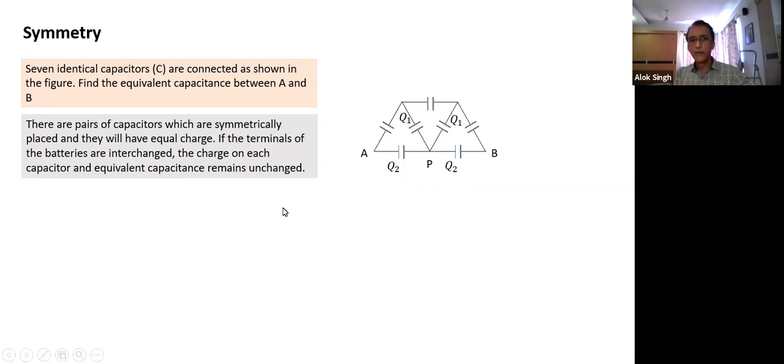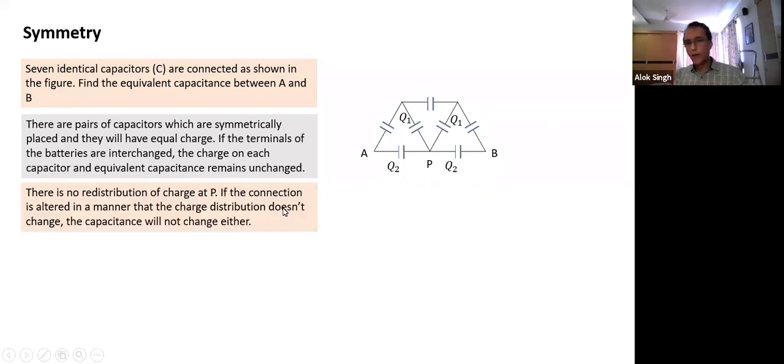Okay, in a similar way, when we look at this, if the charges are the same, what we find here is this is plus Q, this will be minus Q, and again this will be plus Q. And this will be Q1, this will be minus Q1, and this again will be plus Q1, and this will be minus Q1. And similarly, the right plate will have, if A is connected to the positive terminal, if this is Q2, this will be minus Q2, and this will be plus Q2.